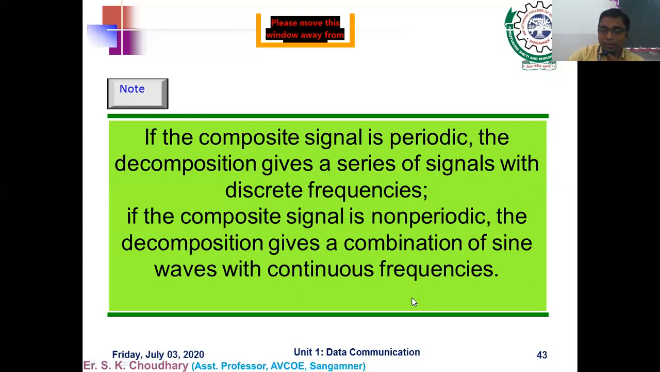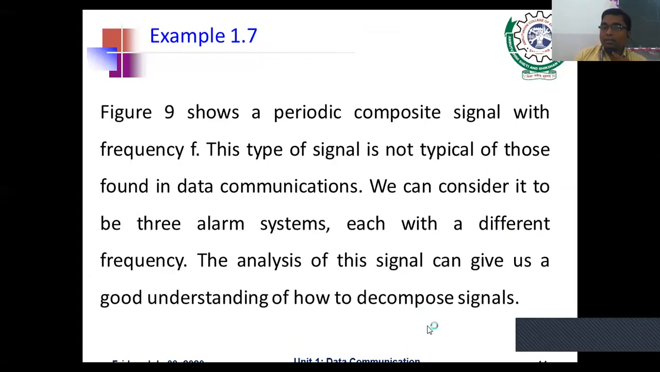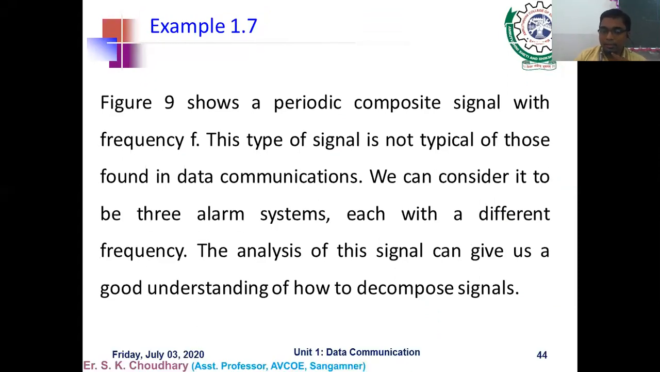We have to see the next diagram. Figure 9 shows a periodic composite signal with a frequency f. This type of signal is not typically found in data communication, but we can consider it to be three sine waves, each with a different frequency, and the analysis of these signals can